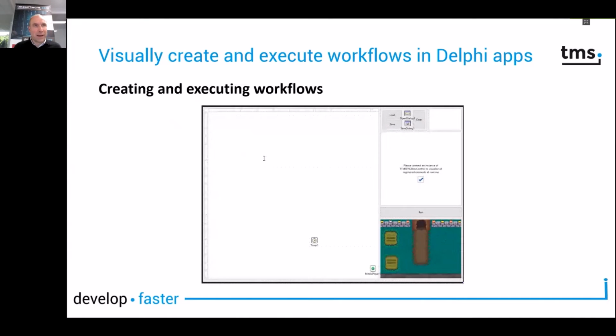Let's now bring all the pieces of this puzzle together in the application that we created specifically for this webinar, which is an application from where you can automatically create and execute workflows. So let's go back to the Delphi IDE and open this application.